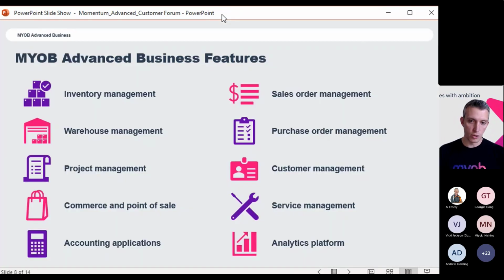Now, most of these capabilities, some of you may be using them, some of you may not. I think this is really an opportunity to speak with Al and his team around what are the capabilities that live inside the platform that we may not be using today. So I joined MYOB a couple of years ago now, and became head of product actually this year. What blows me away is actually the breadth of the solution. So to Al's point earlier, he's going to demo some parts of it, but it's easy to quickly become out of sync with what are the new capabilities.